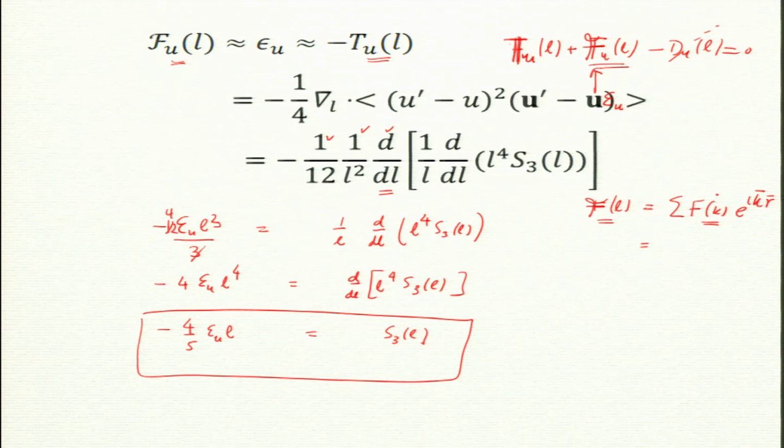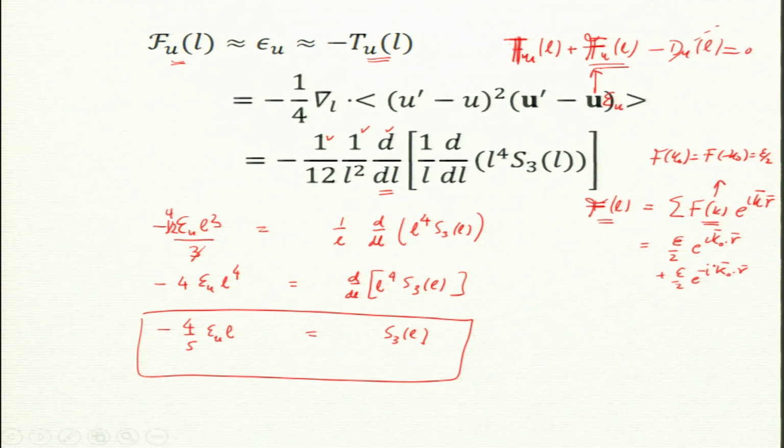e to the power i K dot r. Now this I force at small wave number. So let us say I force at K naught, K naught being small. So I put F of K naught equal to F of minus K naught equal to epsilon by 2. So there are two wave numbers I force, only two wave numbers, not a shell. So this will be epsilon by 2, which is a constant. So I get e to the power i K naught dot r, fine. And the other one is also epsilon by 2 e to the power i minus K naught dot r.